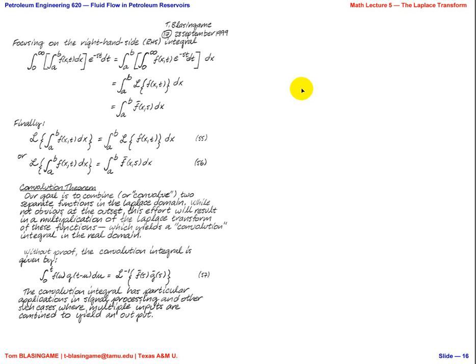The importance of this relies on Duhamel's principle. So when you're working with your solutions for radial, linear, or whatever kind of flow geometry you're dealing with, you're going to be dealing with constant pressure